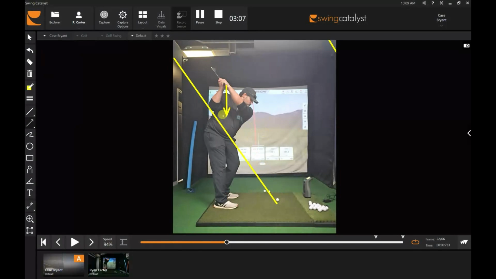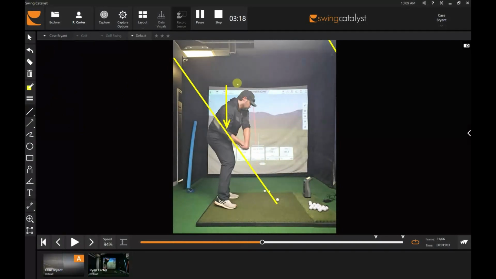So hands work down towards the line. This is what they call shallowing. What that actually means is hands are going to work vertically down. See that? The club actually gets flatter on the way down, as opposed to the other swing where